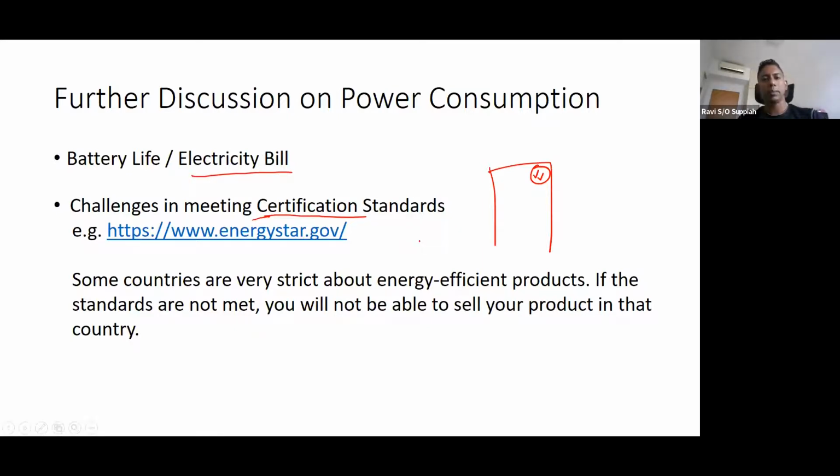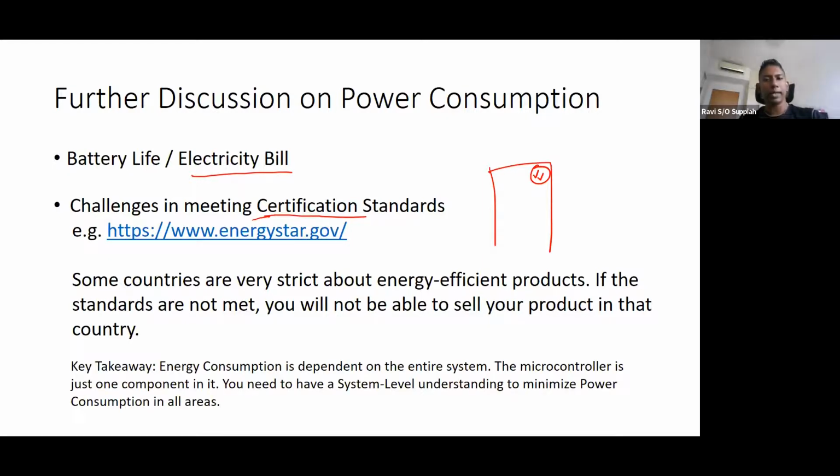So it is important to meet energy standards, and in some countries they are also very strict about it. If you do not meet certain energy requirements, you may not be allowed to sell your product there. So these are important things you need to be aware of to make sure your product does meet these requirements.